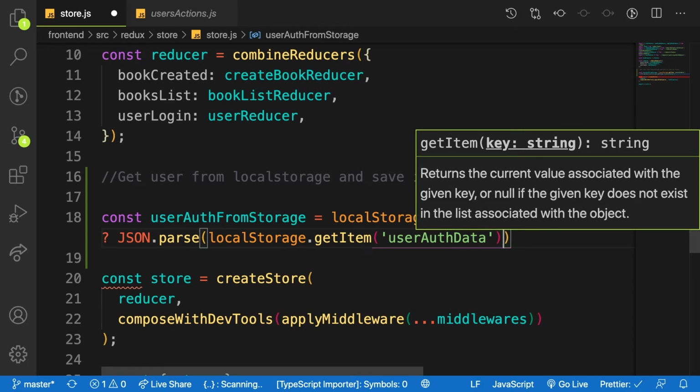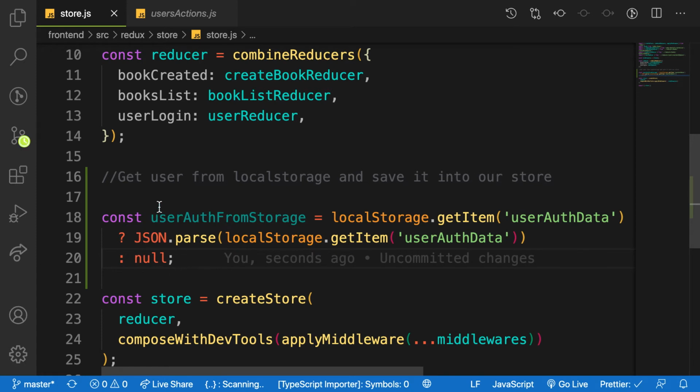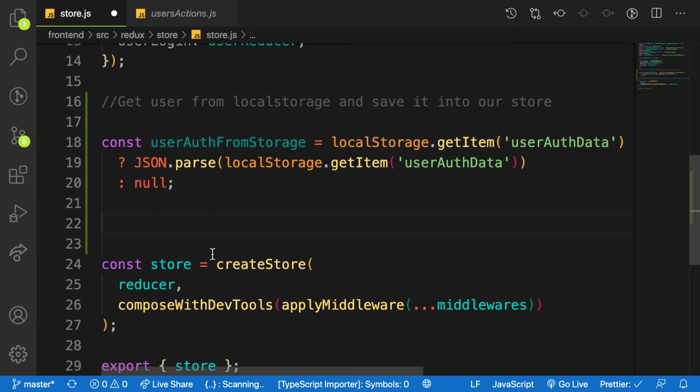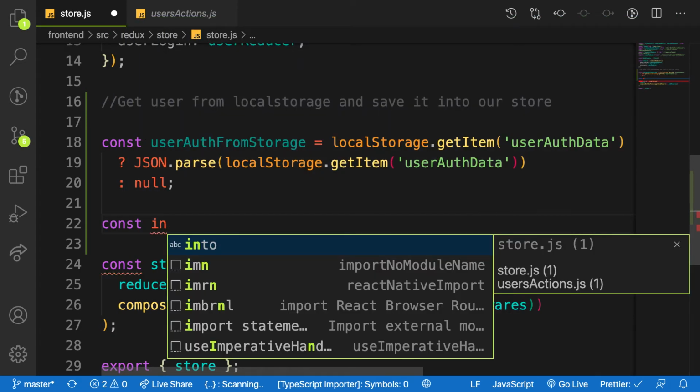Otherwise, if there is no user, then we say null. So in our store, if there is no user inside our local storage, it will be null. Now we are going to pass some initial state to our store. So we can say const initialState